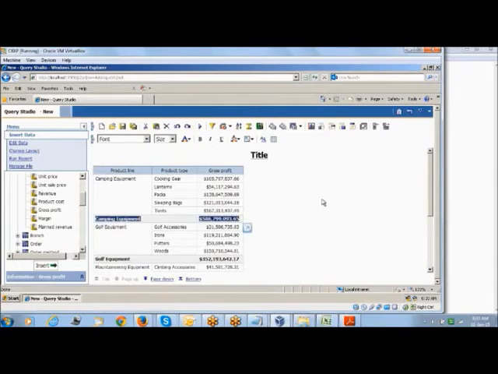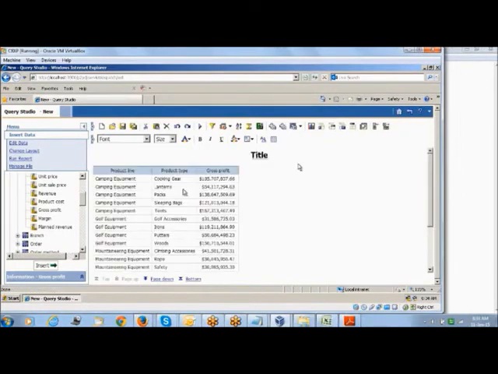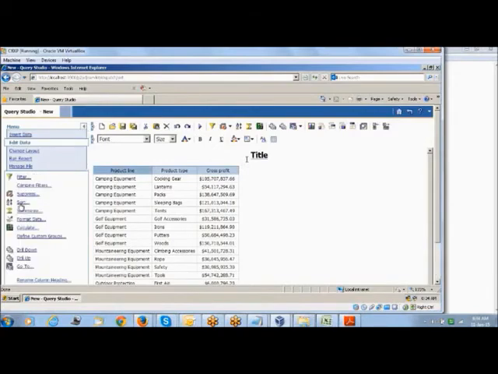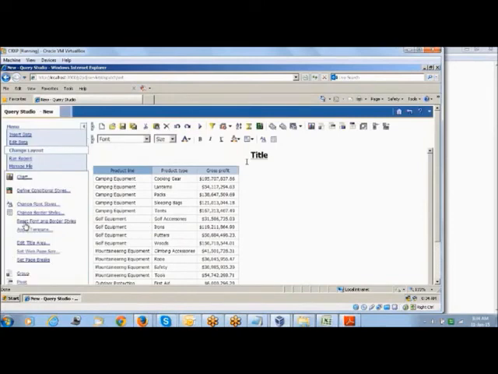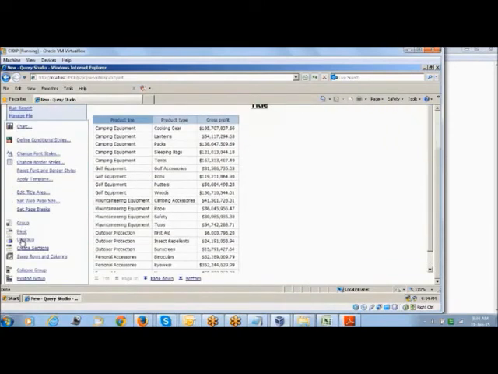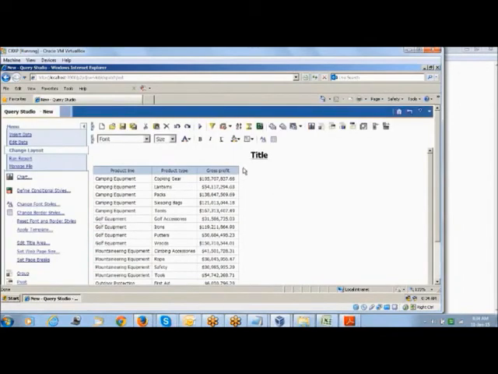Okay. If you don't want to group, we can ungroup it. Again, if you click on the particular column, there is an ungroup icon. You can click on ungroup, or else you can go to this edit, change layout. So group, ungroup. We have this group and ungroup here, in change layout.